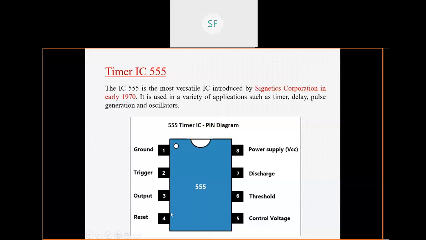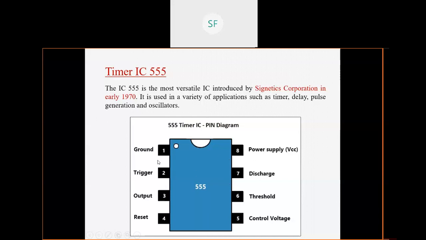So this is the pin configuration of your IC 555. You can see that it has a total of 8 pins. Whenever you see this IC practically, you have to start your pin count from this point. It is also called the notch. Okay, so this is the notch, and from this circle you have to start your pin count. The pin count will go like this: pin number 1, 2, 3, 4 from top to bottom on the left side, and on the right side from bottom to top, 5, 6, 7, 8.